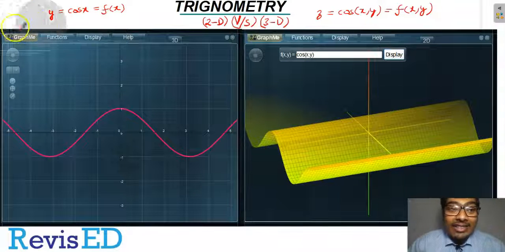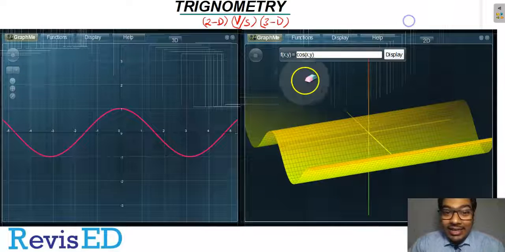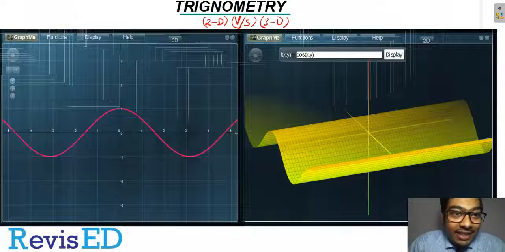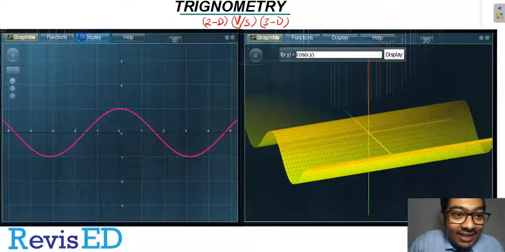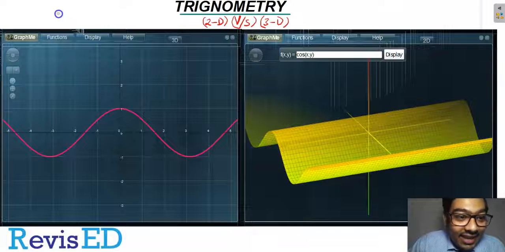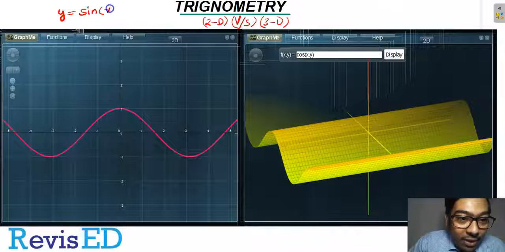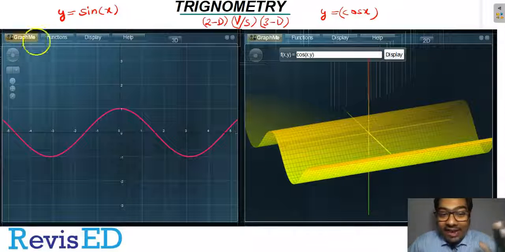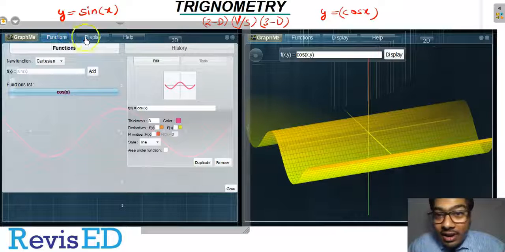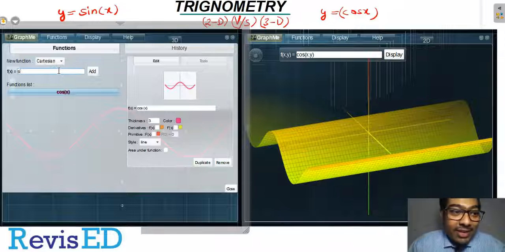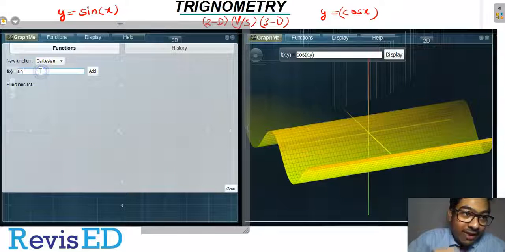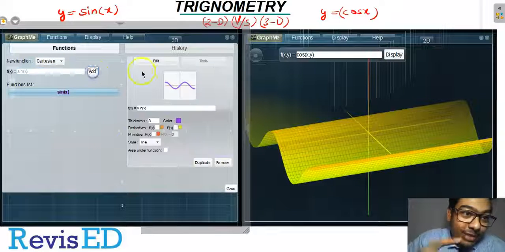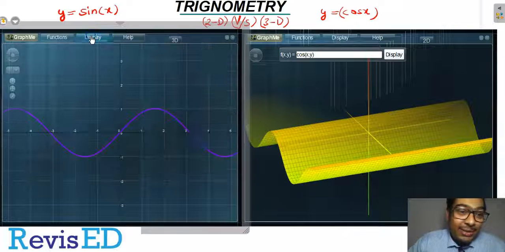In order to have a better understanding of that, let me erase all the things over here and write again. This is my y is equal to, I guess this is already the graph of cos x, but again we'll be erasing it and making it sine x. On the left hand side, this is my sine of x, and on the right hand side, sorry, this is my cos of x. So let me write sine of x here, because I have already written sine of x on top, so this must correspond. Let me just display it.